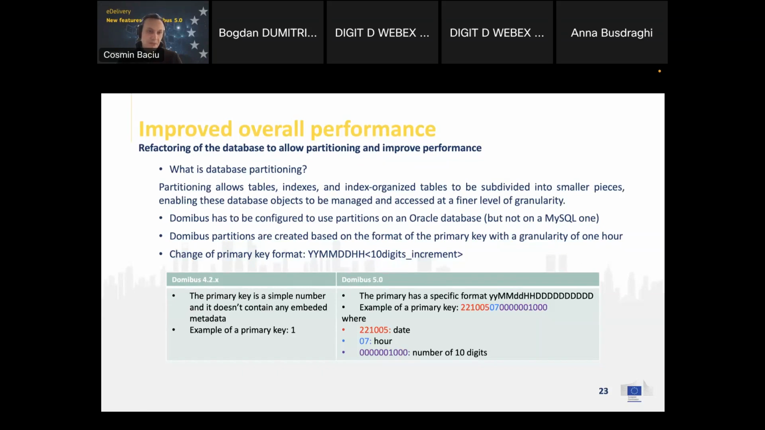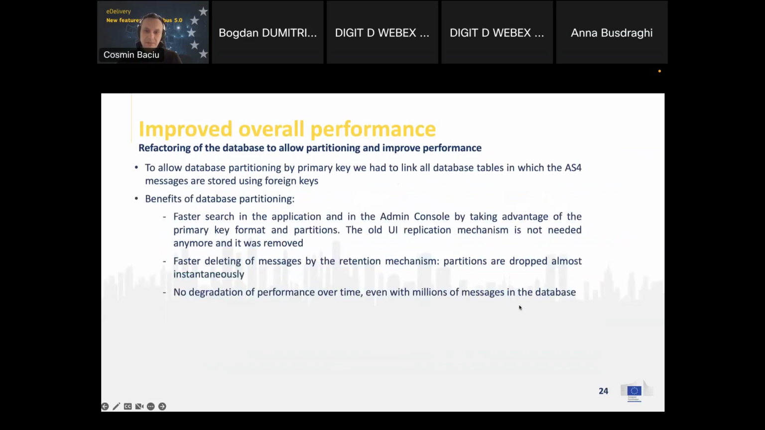So we have enabled Domibus to be configured on Oracle database with partitions. MySQL probably will follow in a future release. For enabling partitions, we have modified the primary key format to embed certain metadata. In 4.2, the primary key was just a simple number. It didn't contain any special metadata. But in 5.0, we have modified the primary key so that it contains the